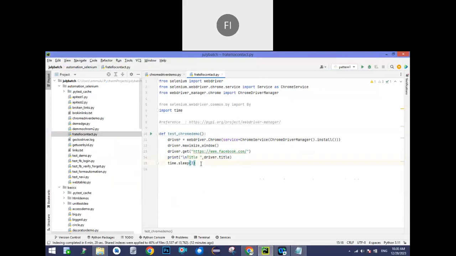To load any website it takes some time, right? That's why I'm using sleep as of now. But as I mentioned already, there is an alternative method, we have the waits option, so that also we will cover in future classes. Okay,